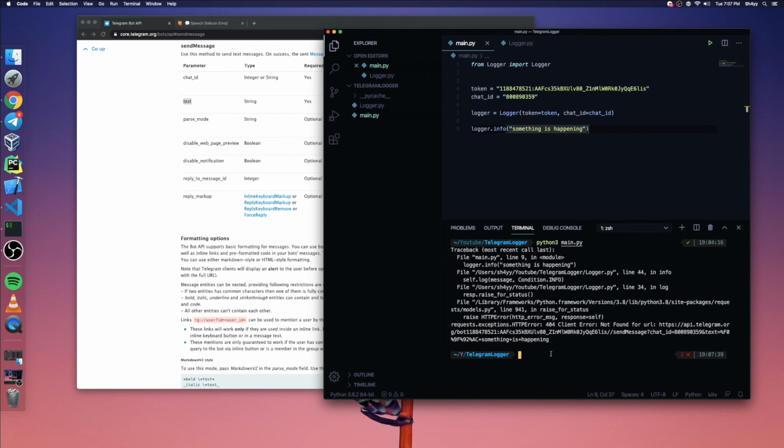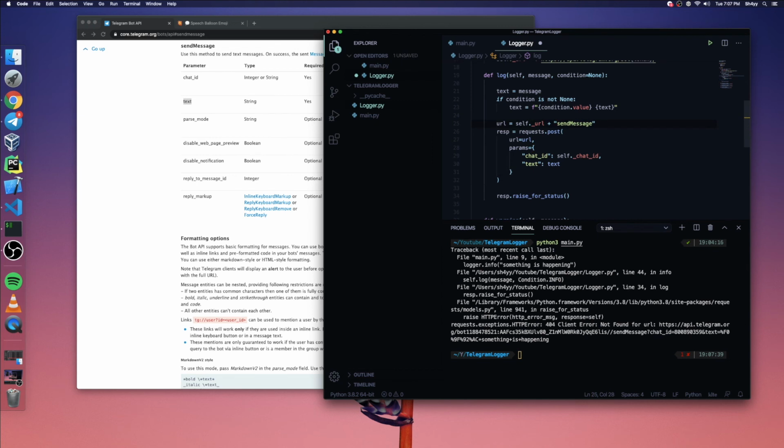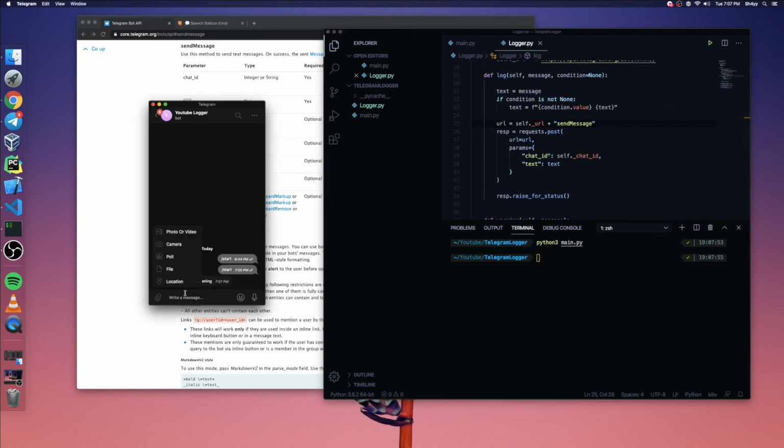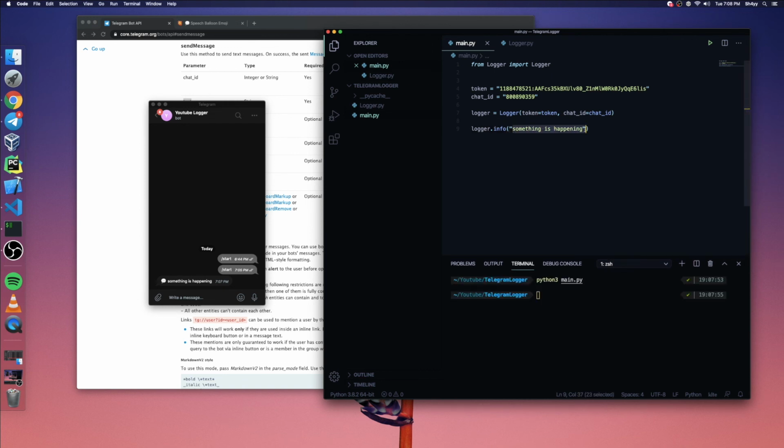So what happened? Oh, I think I know what happened. I added an extra slash over here, so let's try it again. Perfect. So as you can see over here, we received our log, and it added the emoji that we wanted, since it's info, as well as the message that we passed to it. And again, we can do almost anything. So logger.warning, something went wrong, and then logger.message, here's a message,